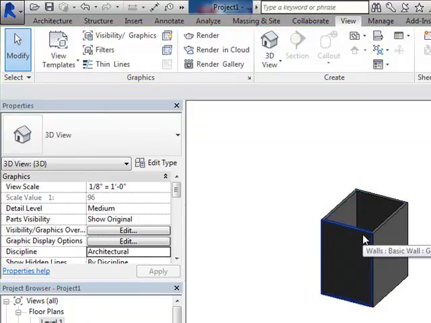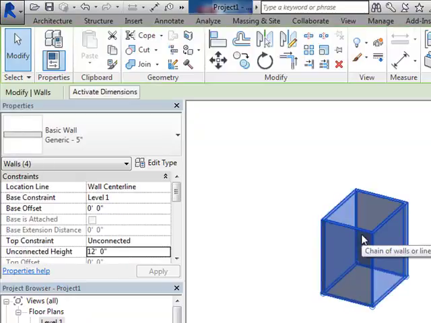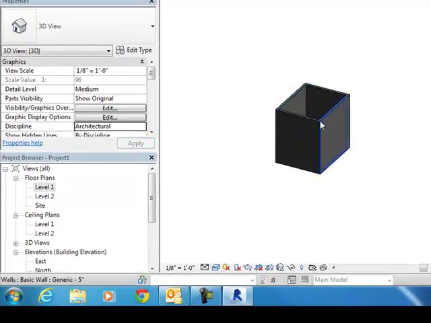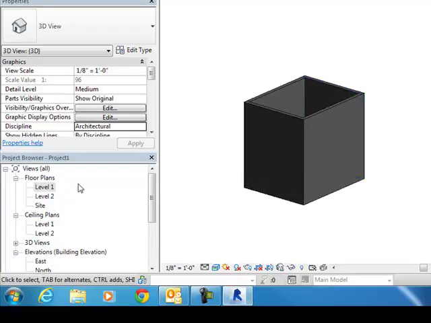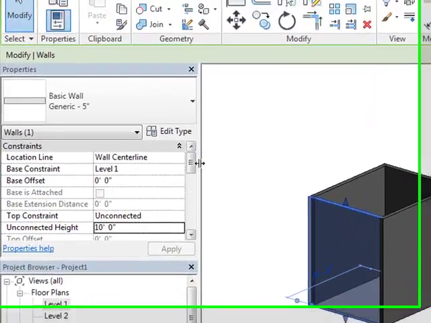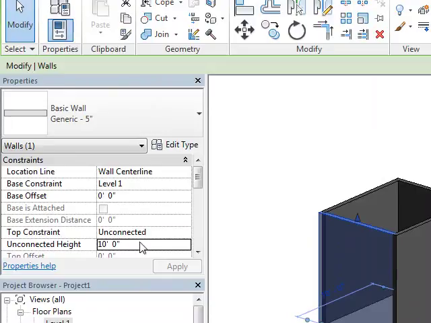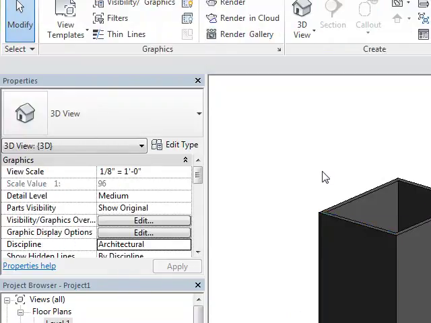If I don't want them 12 feet, I could hover, tab, click, and let's change them to 10 feet. Now it's starting to look more like what a shed should look like. So we basically just learned how you can change your wall height by using the properties. We could change these walls to 10 feet, 12 feet. It seems to be a pretty easy thing to do,